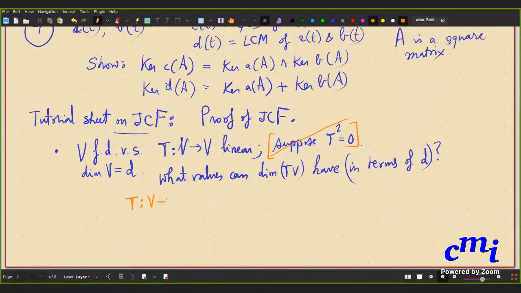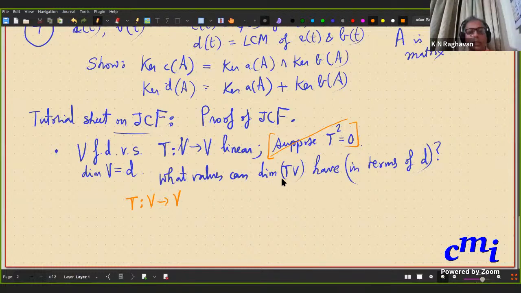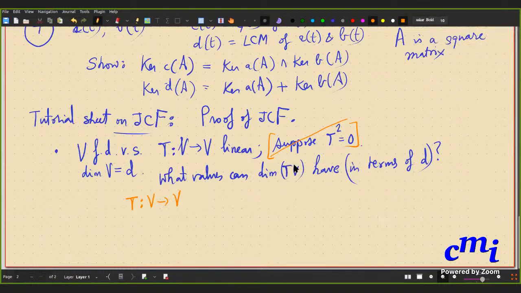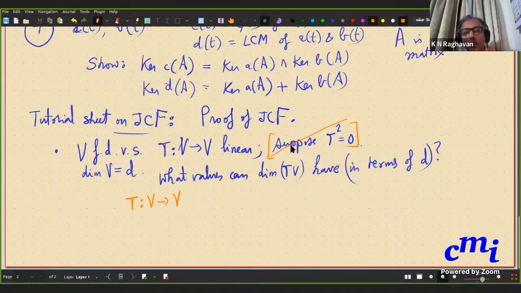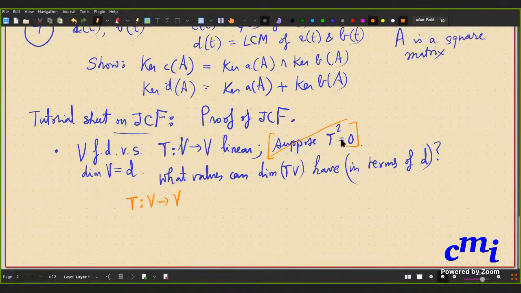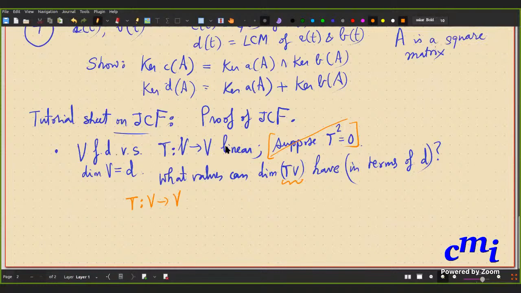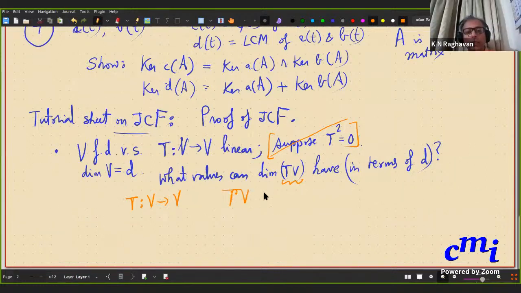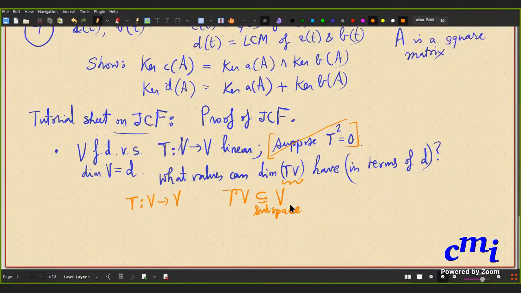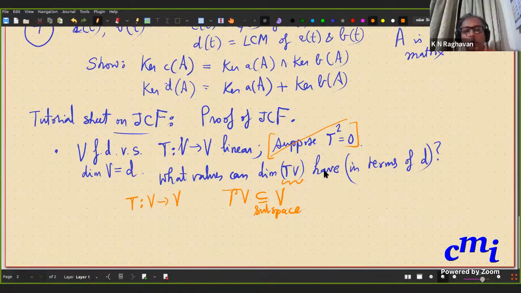So maybe we can use the rank nullity theorem. Yeah, you can use the rank nullity theorem, correct? But just the image, without this, first let's ask the stupid question. So I don't put this condition T squared equal to 0. I just ask, you understand what this means, right? TV is the range of T. The range of TV is a subspace of V, right? D or less than D. Correct. So the answer to the stupid question is,